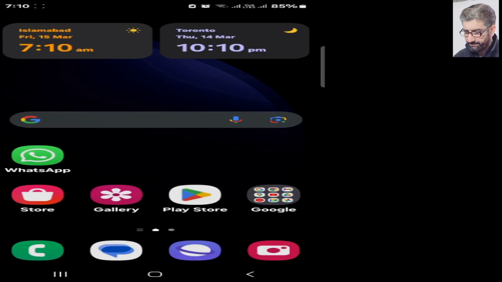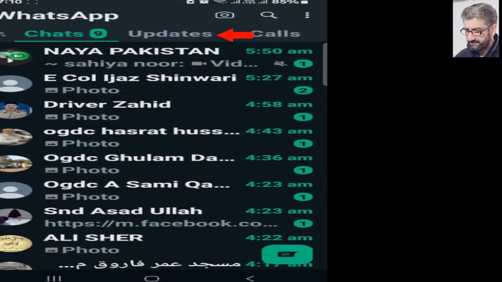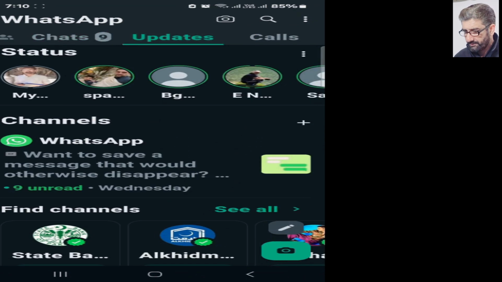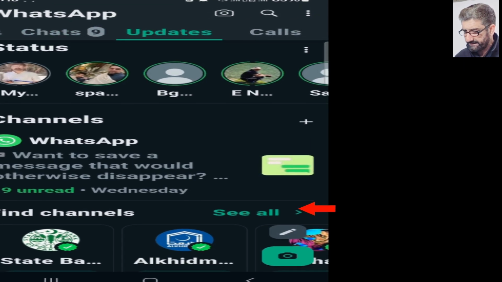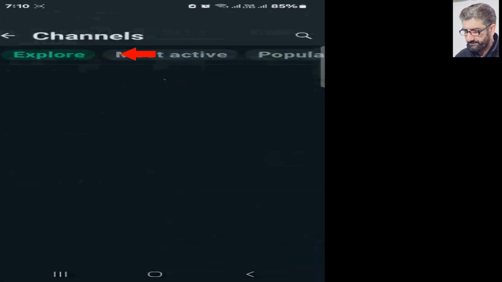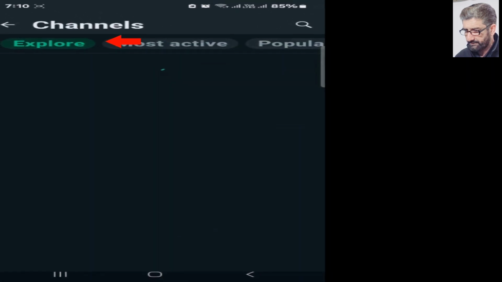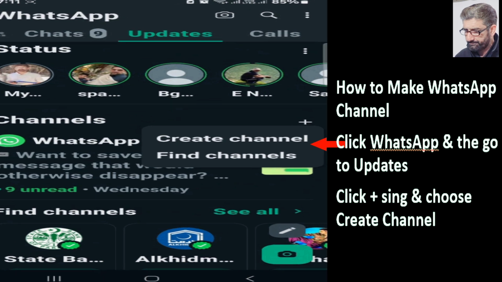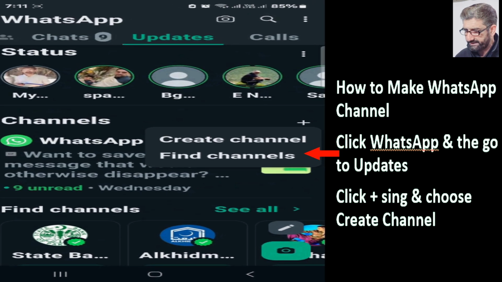Let's open WhatsApp and go to Updates. Some updates are available at the top, and in some other versions of WhatsApp it's also mentioned below. So these are channels. Find channels, it's just a glance to give you the already available channels on WhatsApp. Let's press the plus sign to make your own or create a channel